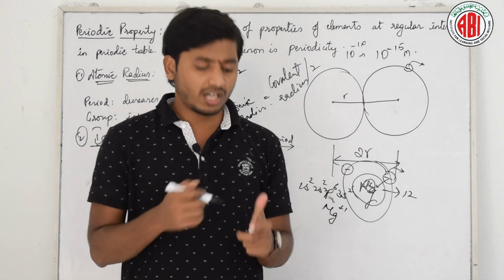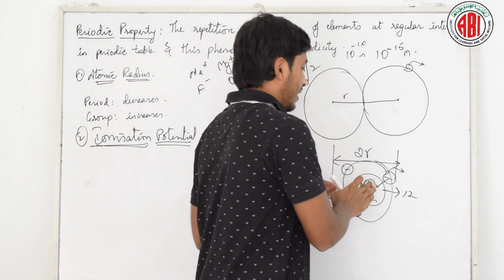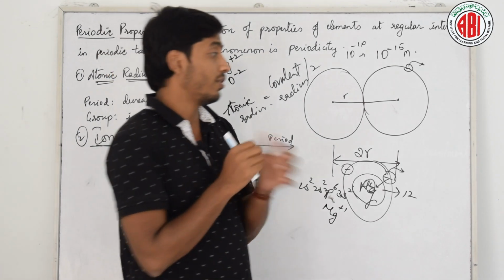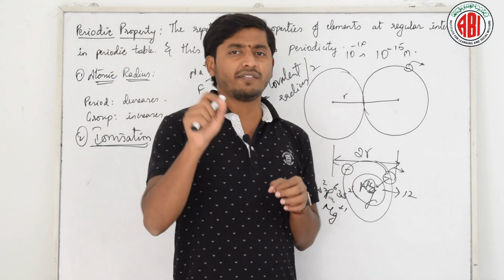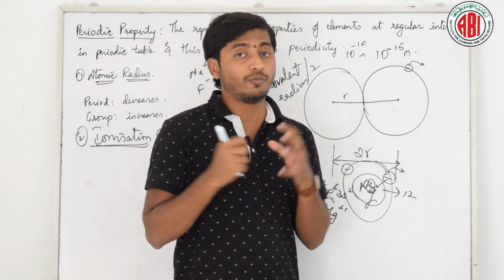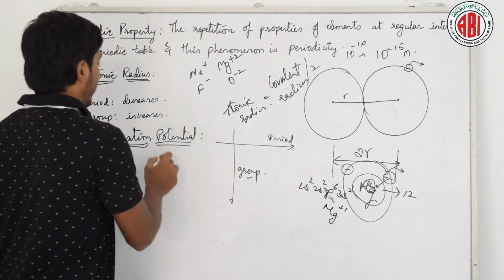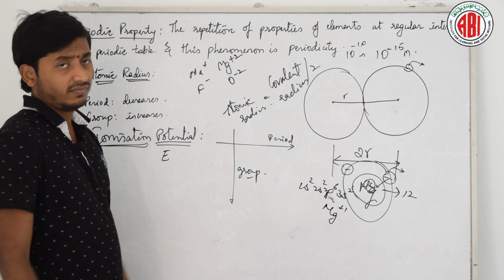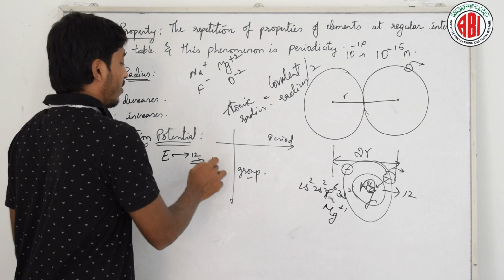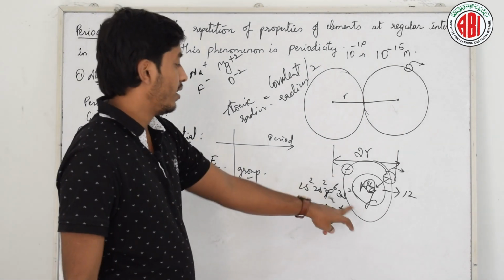Is it clear? Then what about the effective charge here? Effective charge is the nuclear charge. Initially there is some amount of nuclear charge which is actually distributed among 12 electrons, right. If one electron is removed, then the effective nuclear charge on each and every electron obviously increases, isn't it? For example, let me assume some effective charge E is distributed among 12 electrons, then the effective charge on each electron will be E by 12, isn't it? What if an electron is removed?